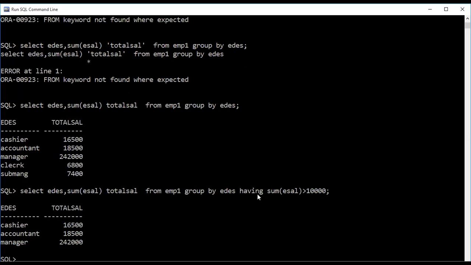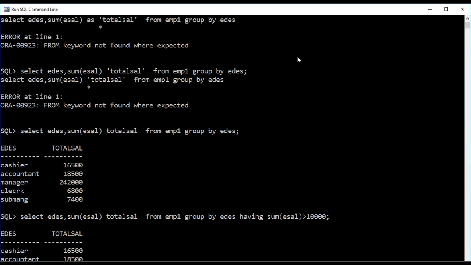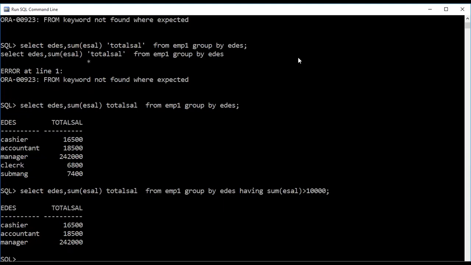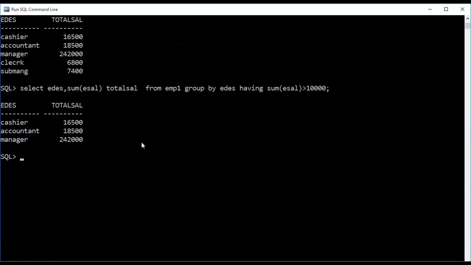When you perform a GROUP BY clause, on the result set you get, if you want to apply any condition, we use the HAVING clause. Clear? Now, I'm combining this with the WHERE clause. So what is the use of the WHERE clause? Now I'm displaying the employee table again.